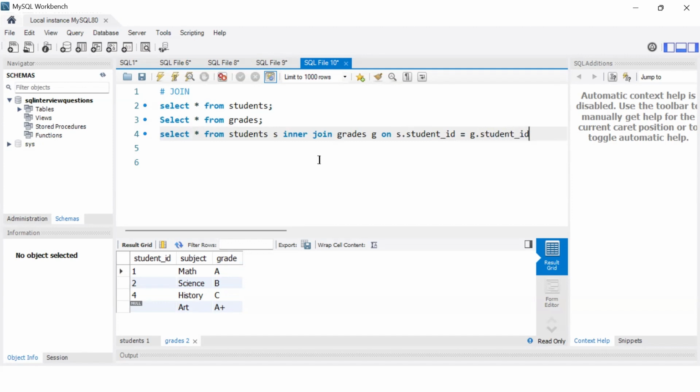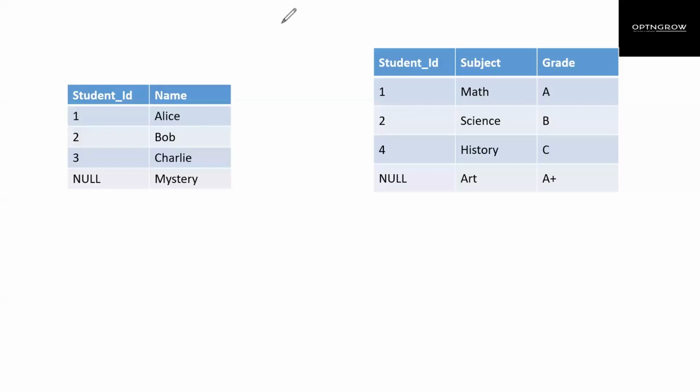Looks perfect. Let me quickly show you the result. Okay, so we have got this result. I've already explained why we have got this result. Now let's look into the other types of joins that we have.